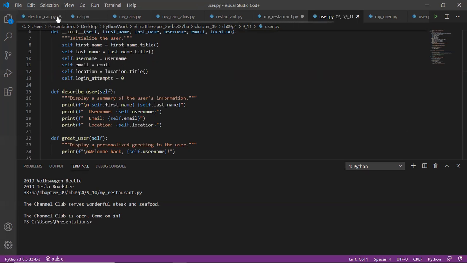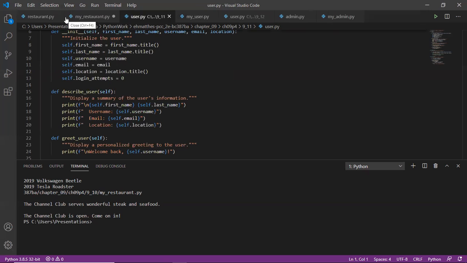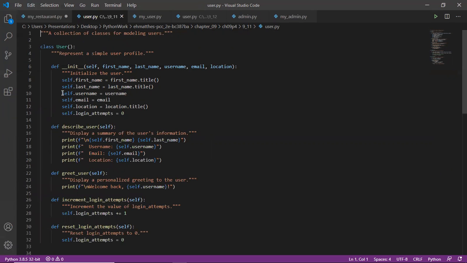Okay, so let's go to 9-11. I'm going to close some of these so I can see a little bit better. So 9-11 says, imported admin. Start with your work from exercise 9.8. Store the classes user, privileges, and admin in one module. Create a separate file. Make an admin instance and call show privileges to show that everything is working correctly. First of all, I need to verify that this file has everything that I think it's got. So in user,